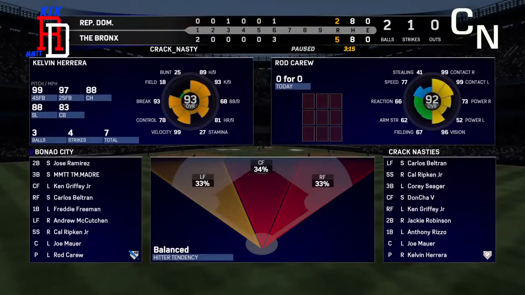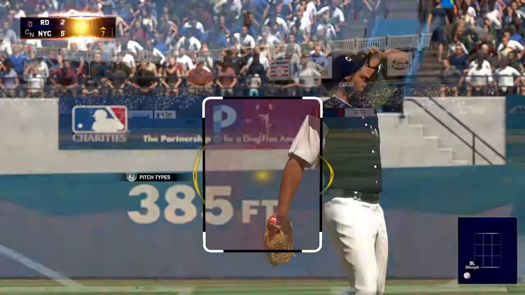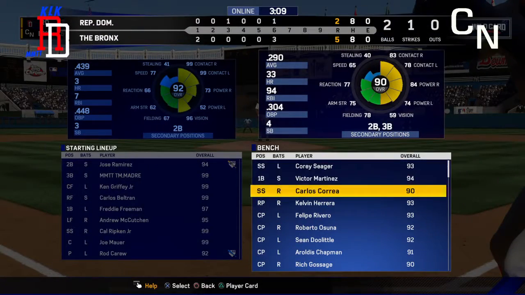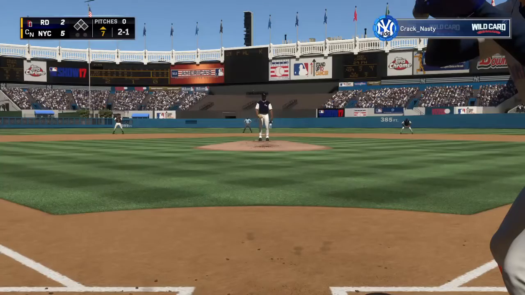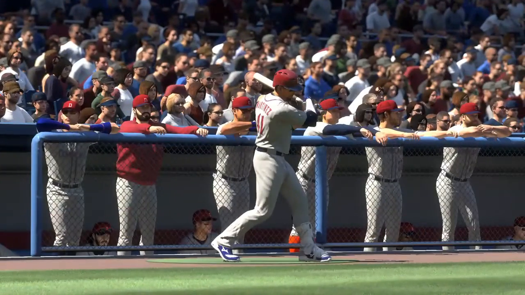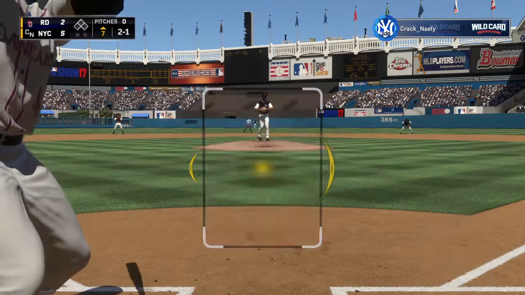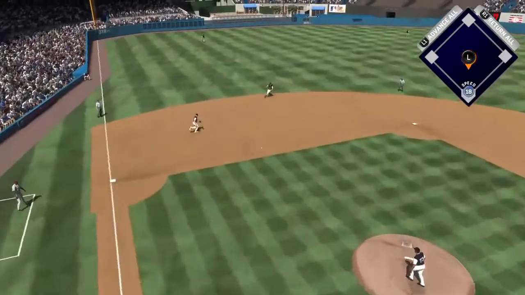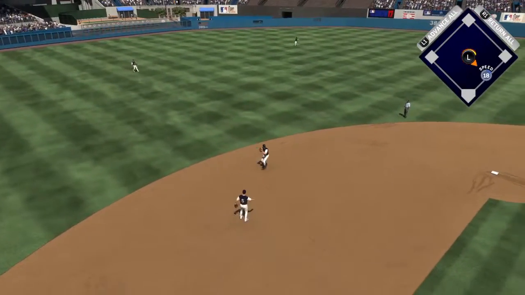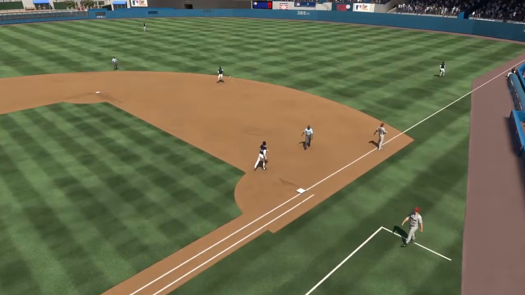Right-hander starts to loosen up in the bullpen now. Now pitching, Felipe Rivero. Victor Martinez is up off the bench as he'll pinch hit here to start inning number 7. Goes down and gets it as this is bounced to short. Ripken fields it cleanly, and the throw to first is in time,